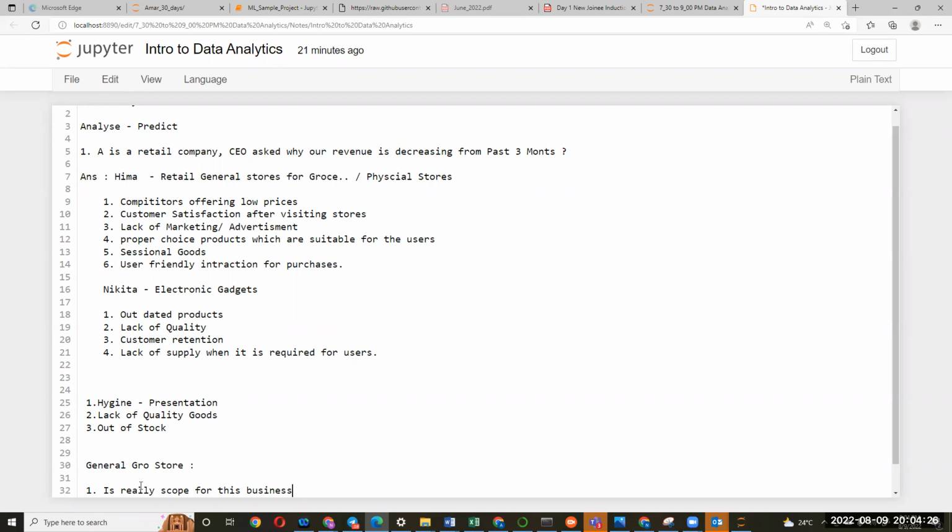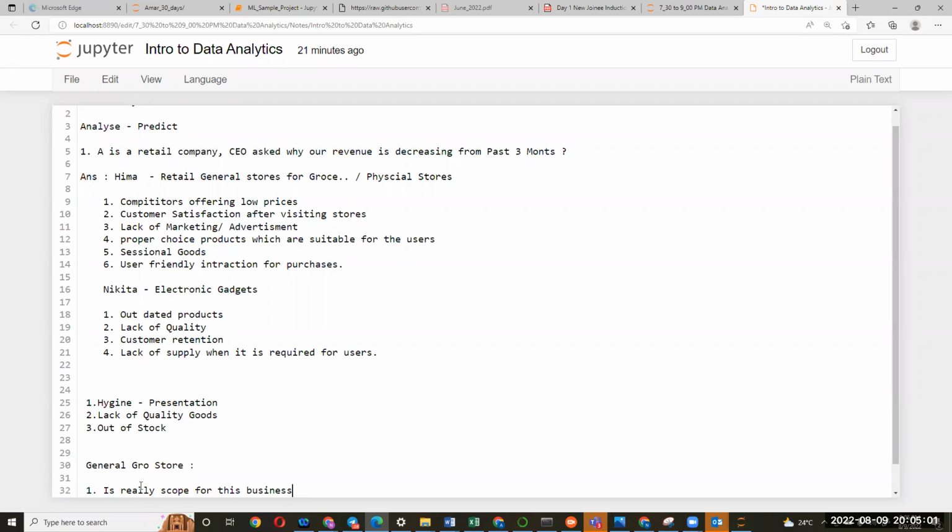Then where will you find a gap? If you're able to find a gap in the existing stores, or in the existing process, or the existing products, then only are you there to start. If you identify any gap, and you feel that competitors are not running this particular business in a proper way or up to the level, then you're ready to start. What type of gaps will you find?